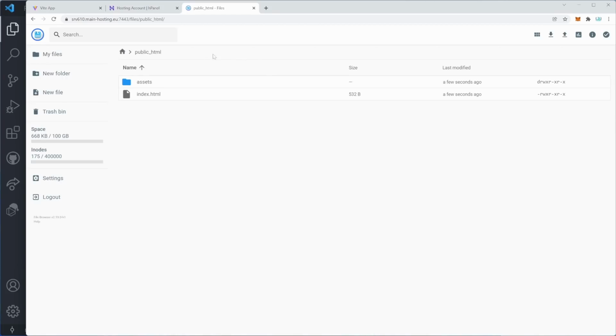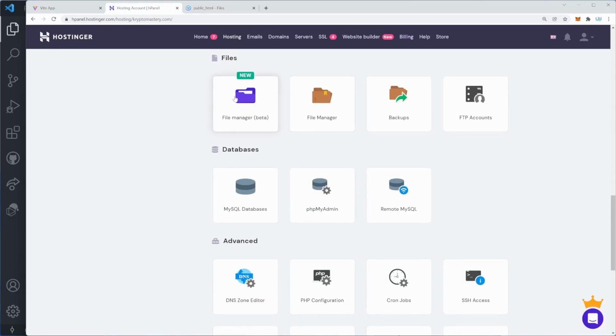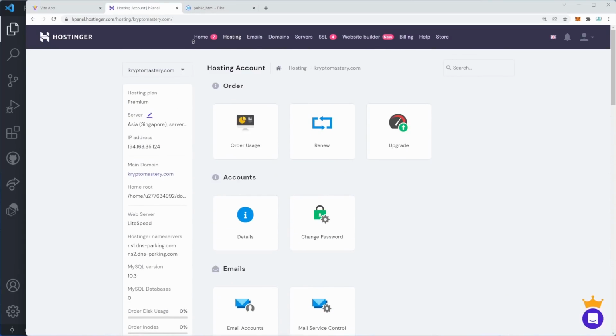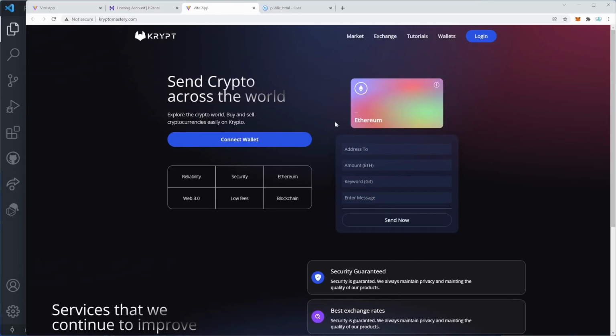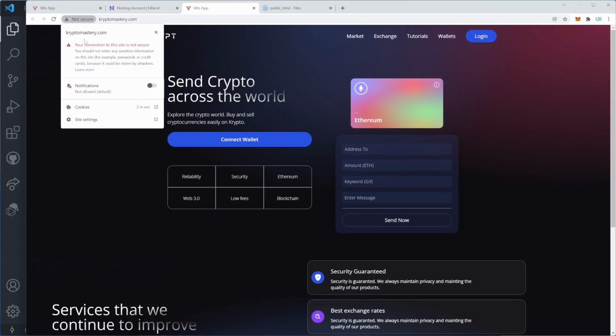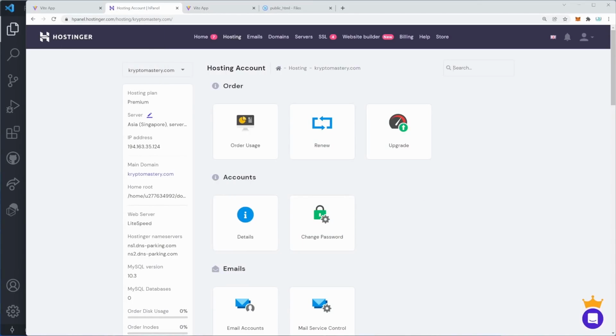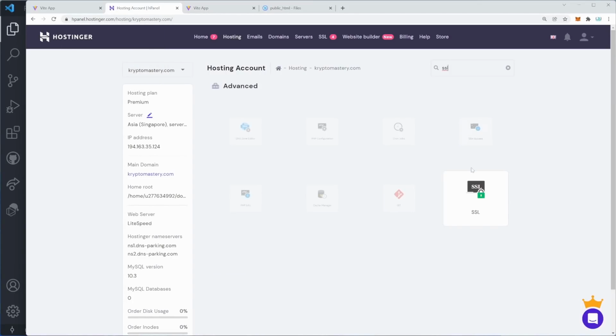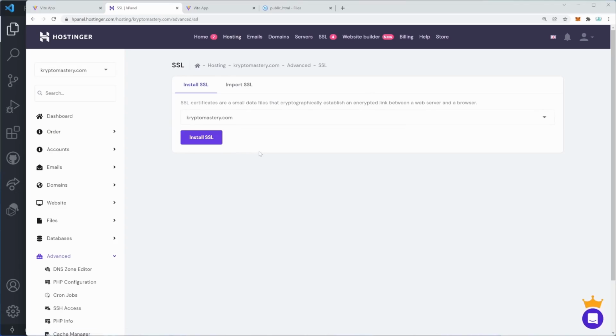And that's about it. If we now go back to our hosting panel, scroll to the top, and click your domain name right here, you should be able to see that it's going to load out instantly. But there's one really important thing left to do, and that is to enable the SSL certificate, because our site is currently not secure. So we can go back, we can search for SSL right here, click it, and then